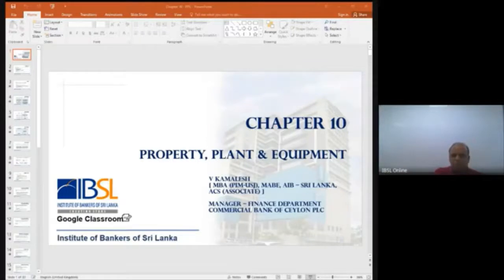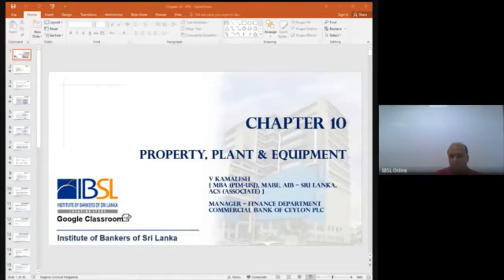So starting with the first method, which we call the straight line method. So what do we do here? A fixed percentage of the original cost of the asset is written off as depreciation in each accounting period. Now we know what this cost is, and even though we say original cost, ultimately it turns out to be the depreciable amount.